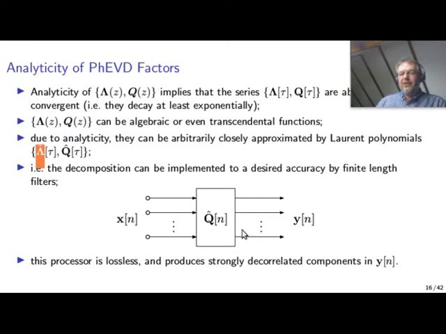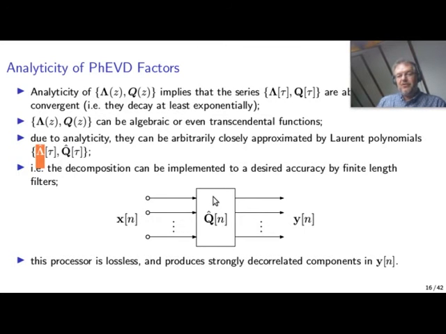We do this processing by our paraunitary matrix, and now we have strongly decorrelated signals in this vector y[n]. So this could be a preprocessor for broadband blind source separation. It could be a subspace projection, so not all of the components of y[n] are important anymore. The signal subspace only occupies a reduced dimension, or we could, for example, perform subband coding on these signals with a coding gain advantage as well. The important aspect here is that this Q[n] is lossless, and we want to keep the order as low as possible